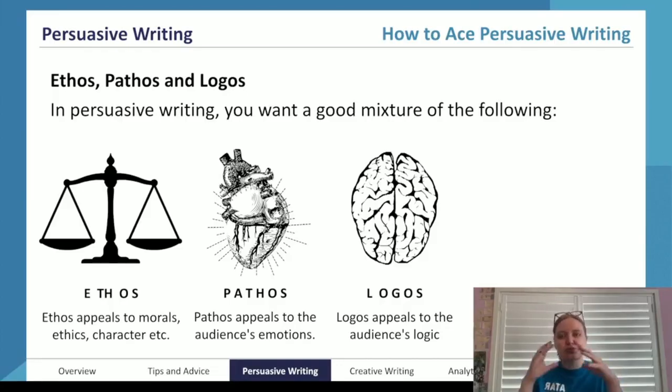It's creating a really vivid picture of the topic that you're talking about, and basically getting the audience to examine that closely and to feel all of the emotions of it. So you want to appeal to things like fear, anger, concern, empathy, all of those sorts of emotions.